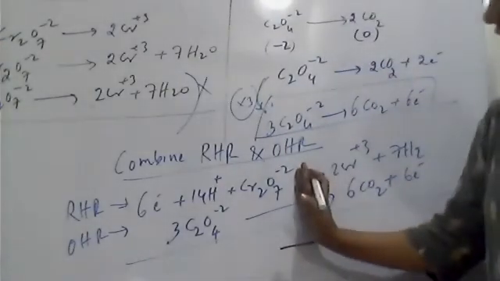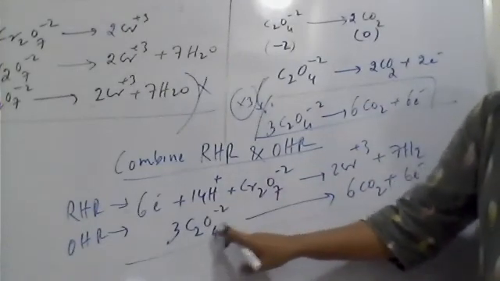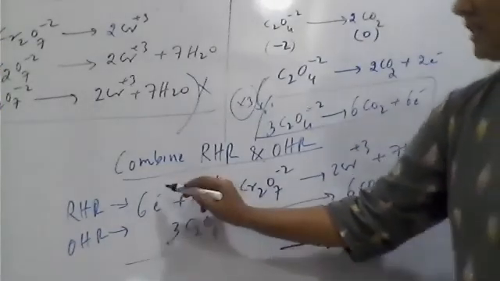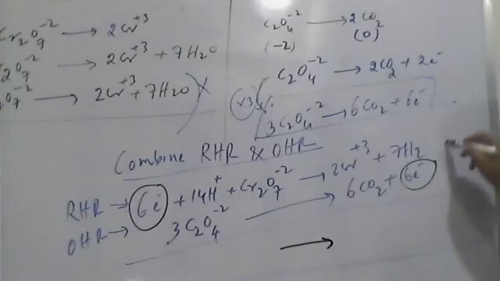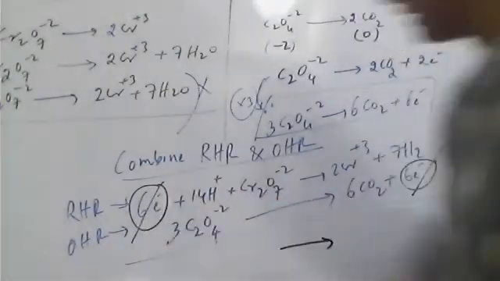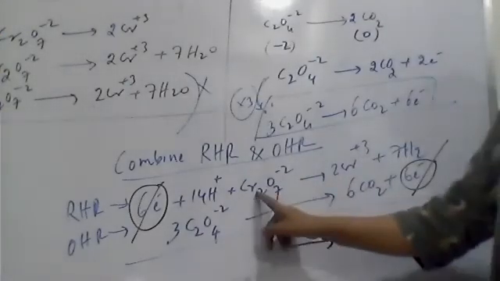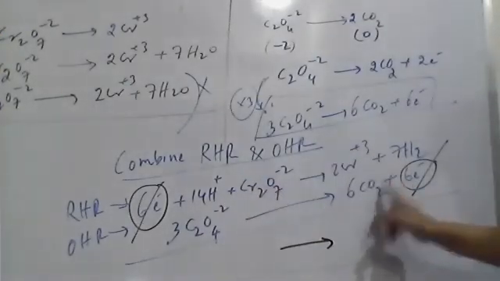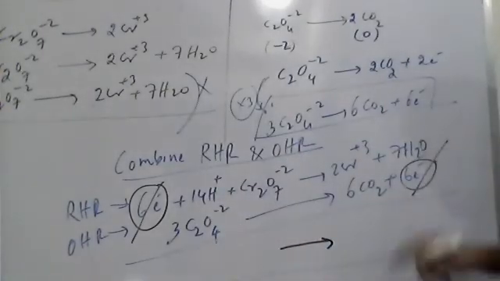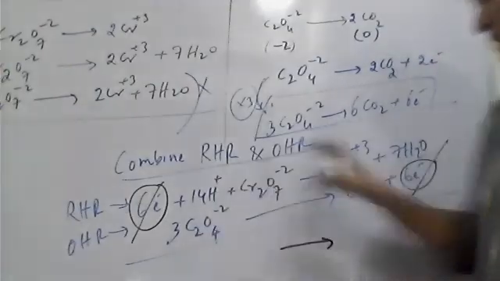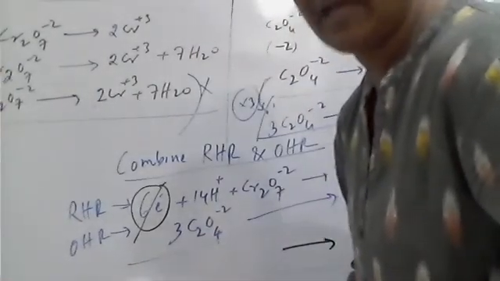Before the arrow, there is dichromate, 14 H plus, C2O4 2- and 6 electrons. The same 6 electrons are present on the opposite side also, so let them cancel first. Is there any common species on both sides of the arrow? Dichromate is on the left side, no dichromate here. H plus on the left side, no H plus here. Oxalate on the left side, but no oxalate here. Something is different. So you get finally the balanced equation as